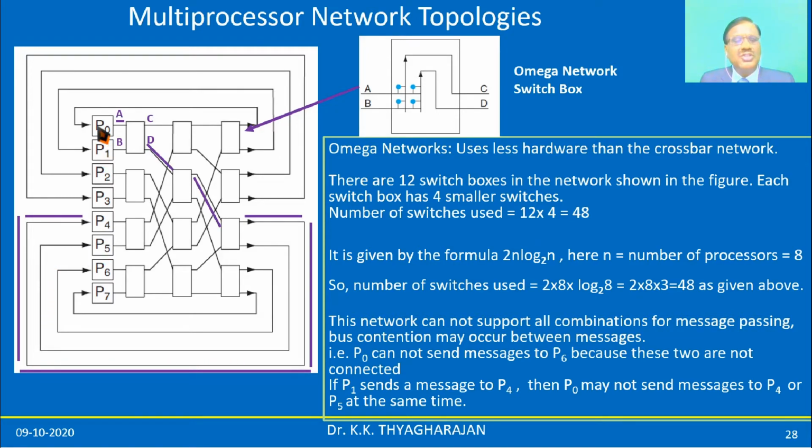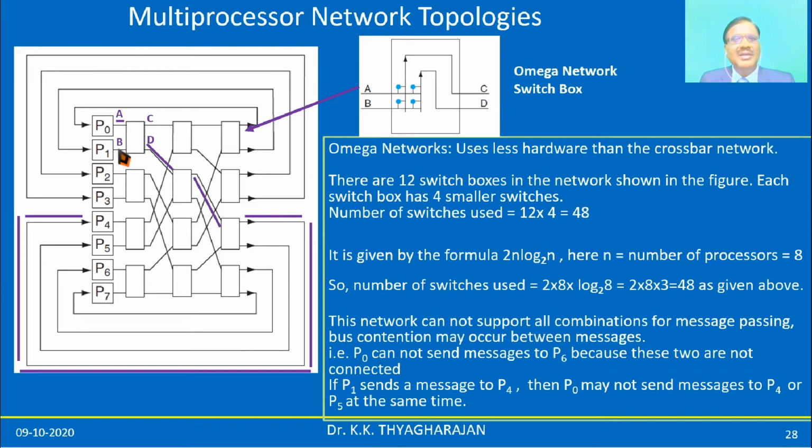Now, if P0 wants to communicate with P6, is it possible? See, it is not at all connected with P6. Actually, at maximum, it can reach P5 because the connections have been made like this. Similarly, it may not reach P7 also. So all these processors are not fully connected here. They are partially connected. Similarly, if P0 is sending a message through this one A, then D, then through this one, when it is sending messages like this,